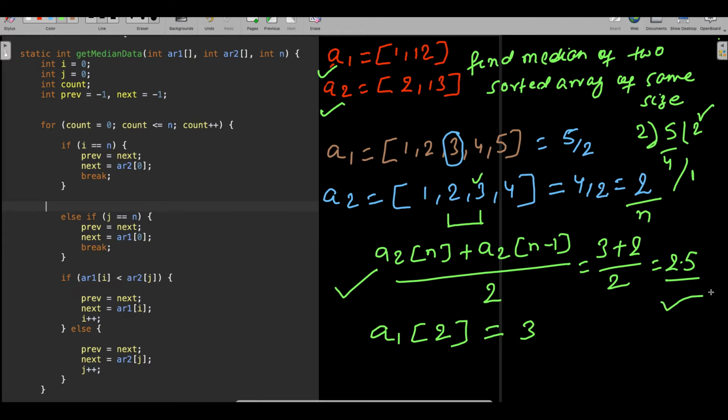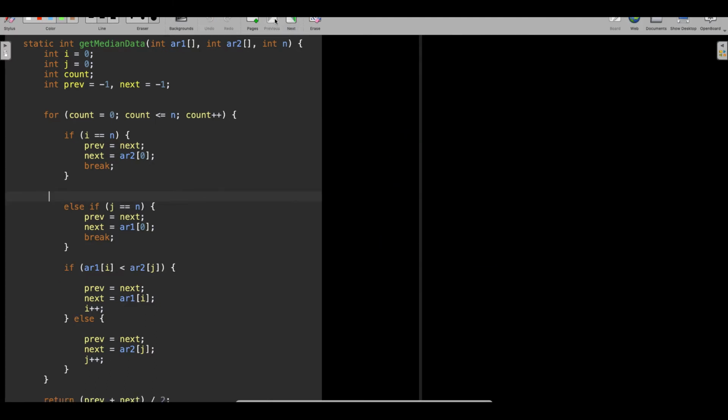So you got it, how to calculate the median, right? This odd and even is very, very important, guys. So this is the concept of how to find the median. Now your requirement is you have two sorted arrays, and you need to find the median for that. So how do you write the same thing through the code? Let's see how we will do that.